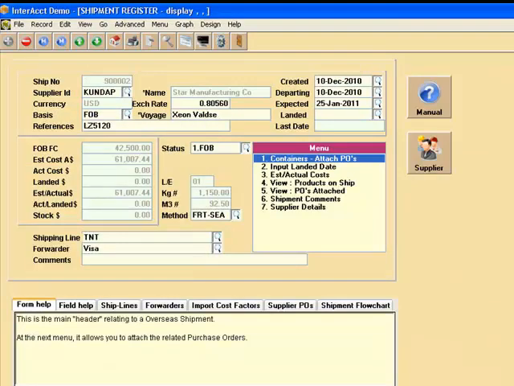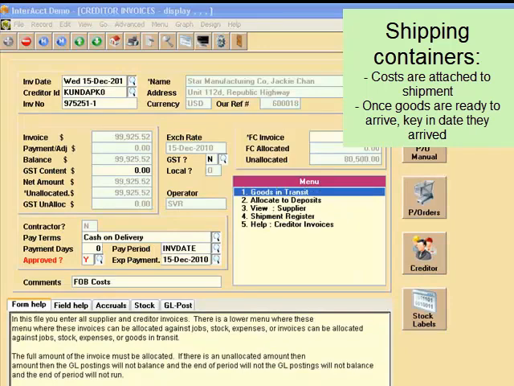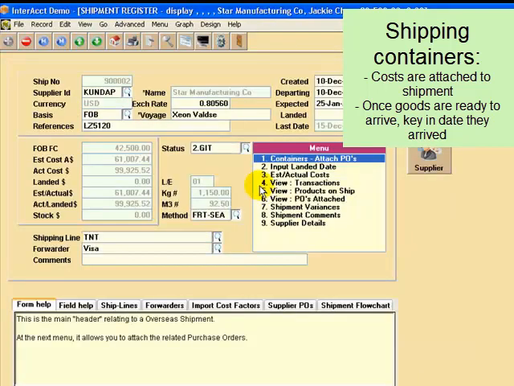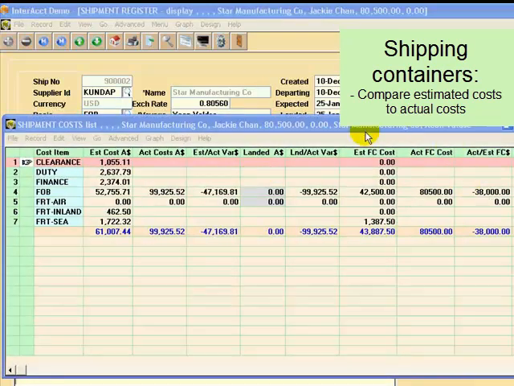From here, we then key in our costs. We attach these costs to the shipment, linking back into our shipment. We can now see that we have some actual costs. Once the goods are ready to arrive, we can key in the date that they've arrived. You can see the costs here that have come through so far to date,